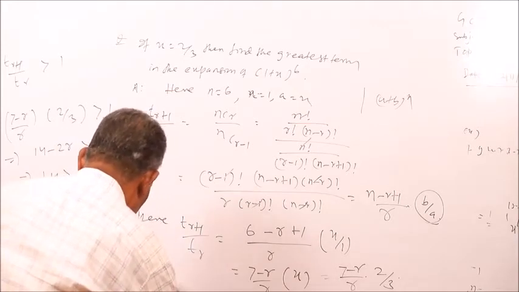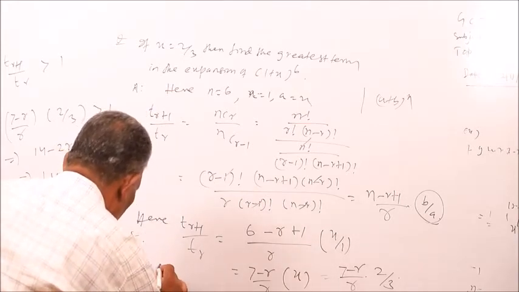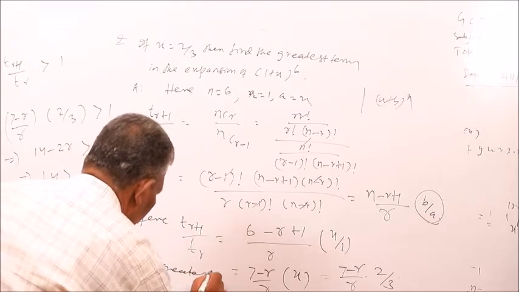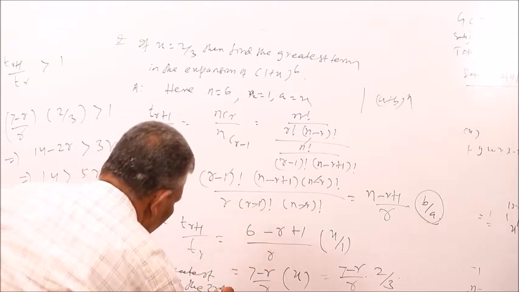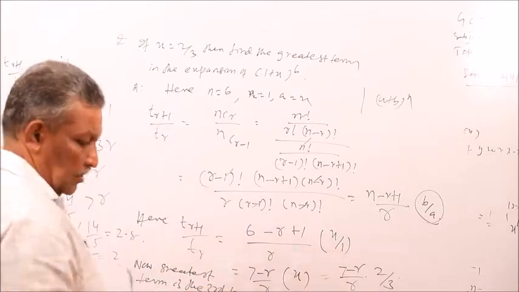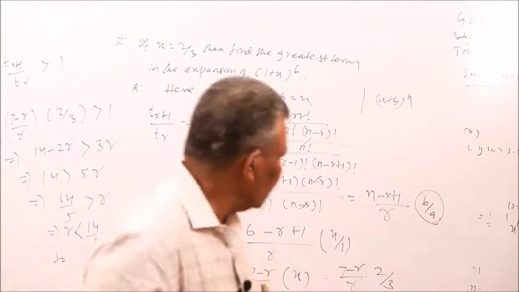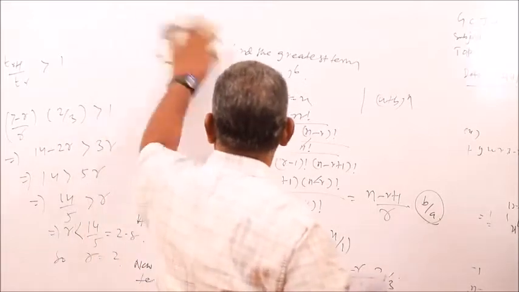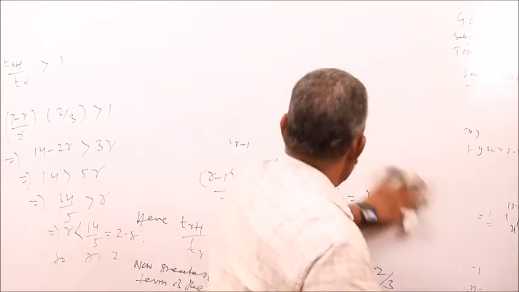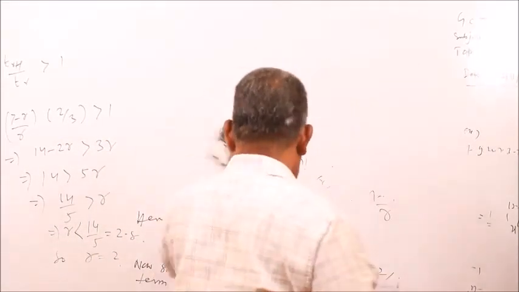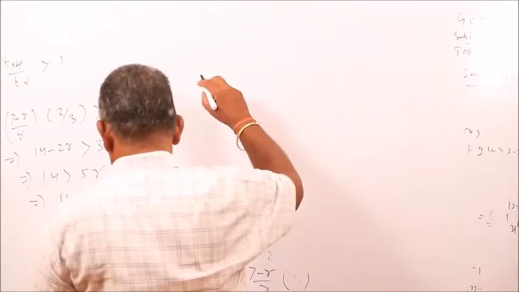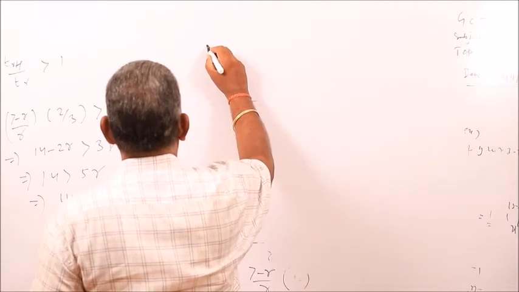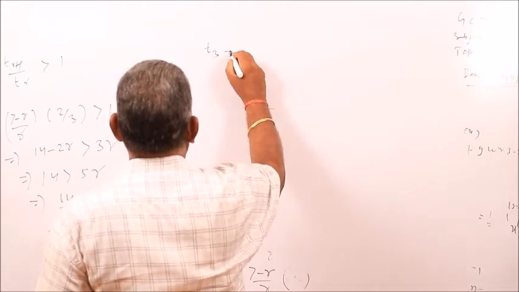Now the greatest term is the third term, because in the fifth term r equals 4; in the rth term, in place of r we can take r minus 1, like this. So the third term equals T3, that is